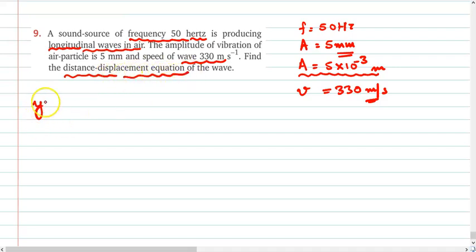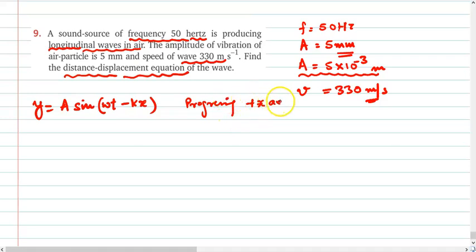Now you know that for any wave, the distance displacement equation is given by y equals a sin(omega t minus kx), and this is the equation for a progressive harmonic wave which is traveling along the positive x-axis, where a stands for the amplitude of the wave,